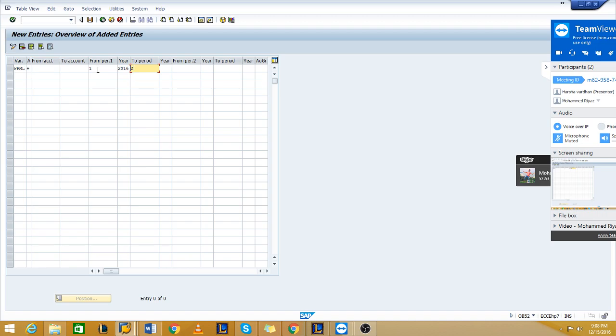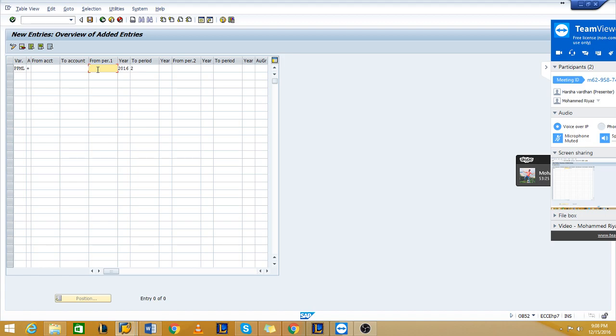And if I give a from of 2, then only period 2, that is May, with April being my first period, will be open for posting. That is, if you want to record any transaction, you can record it through a posting date in May. If you give a posting date in May only, the system will accept the posting, otherwise it will reject. So like that you will be controlling your posting periods.